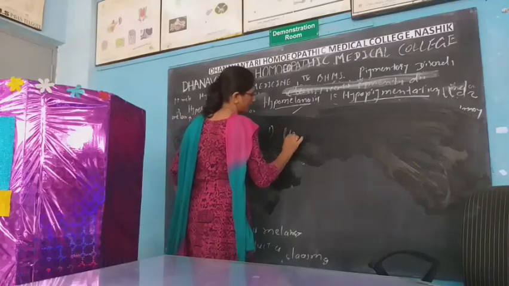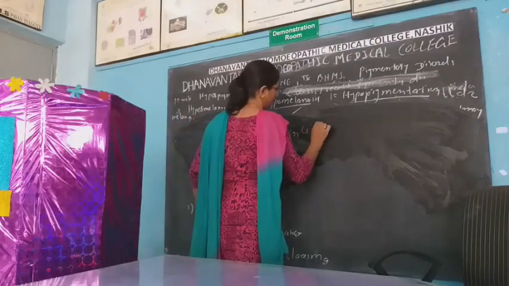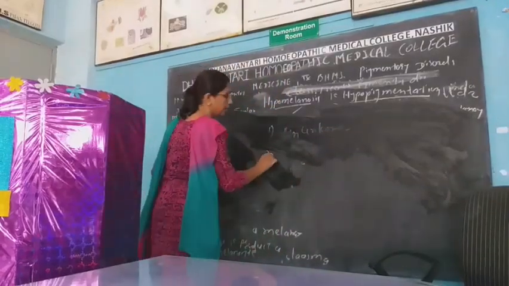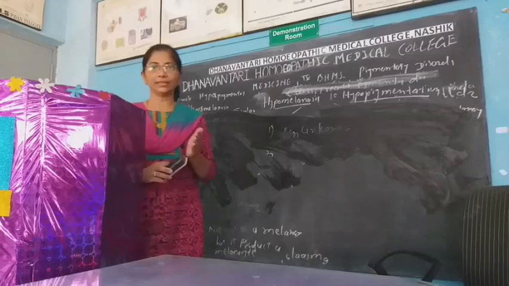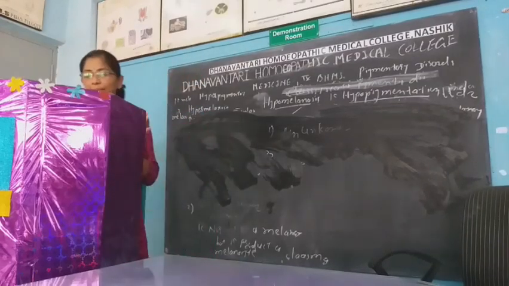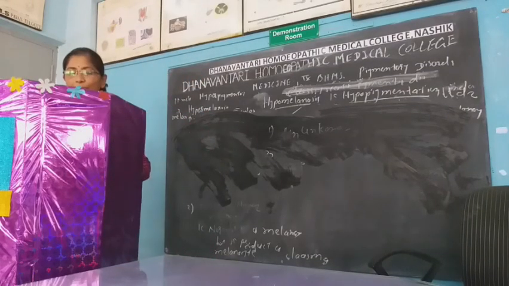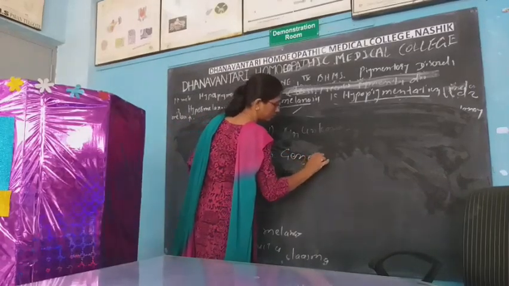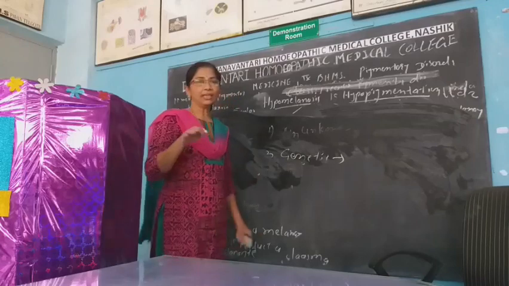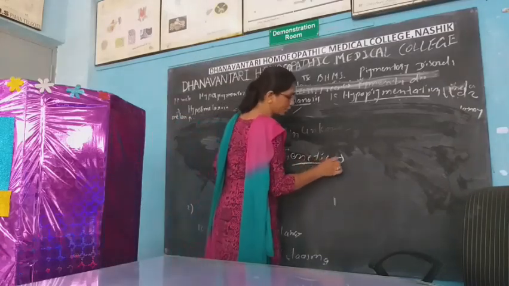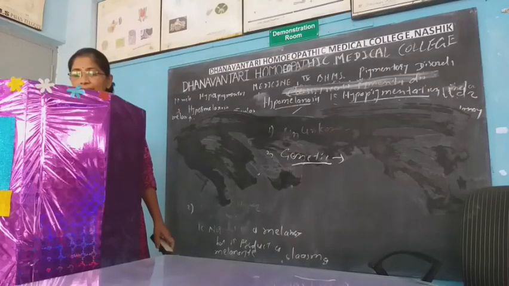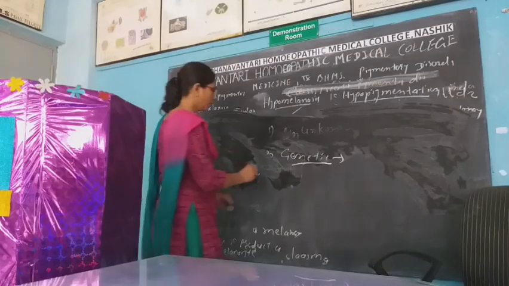First, unknown cause. In most of the cases, the cause is unknown. Second, other causes are hypothetical causes, meaning there is no proper basis. The first hypothetical cause is genetic. Family history supports the genetic cause of vitiligo. So this is the first cause. Second is the immune hypothesis. Immunological cause is there.